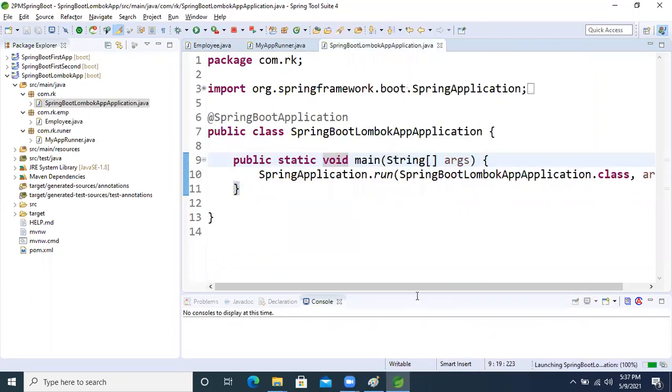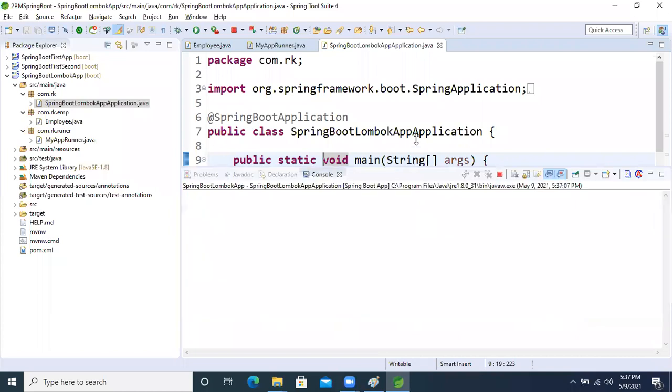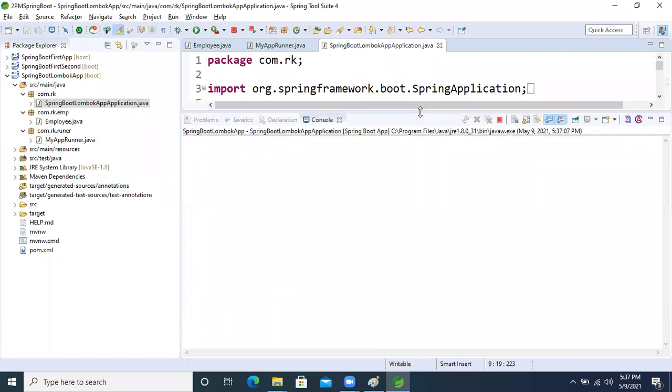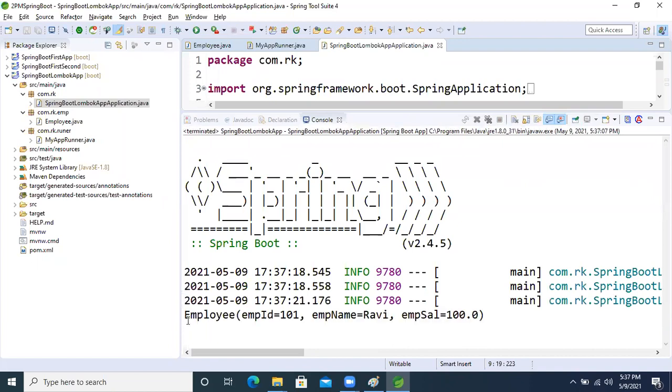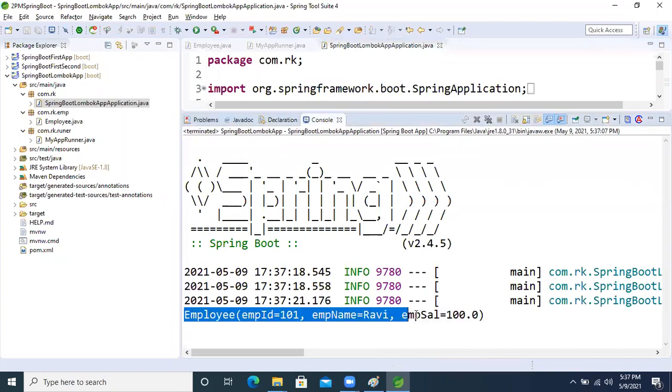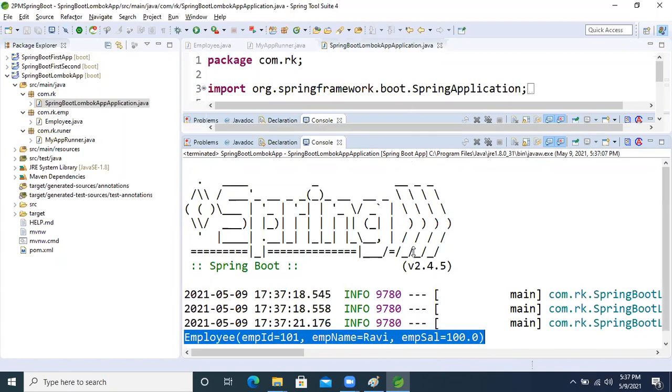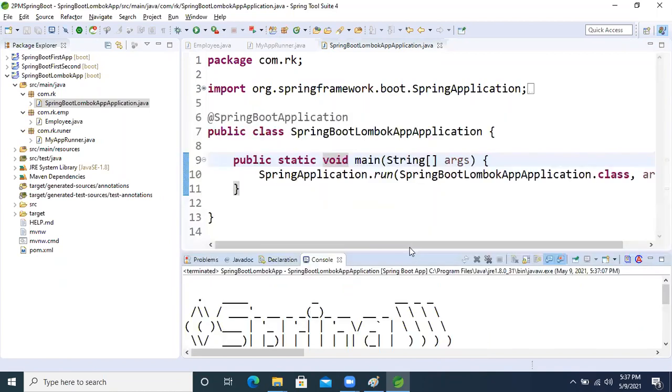run the application, and see that previously we were seeing the hash code. Now we will see whatever data we are setting, we will get that data. See that, because of the power of Lombok, just by applying it on the top of toString, we are able to get the result or not. Come on guys.